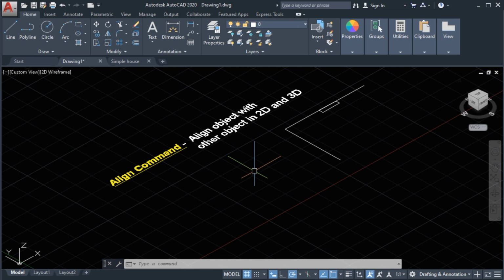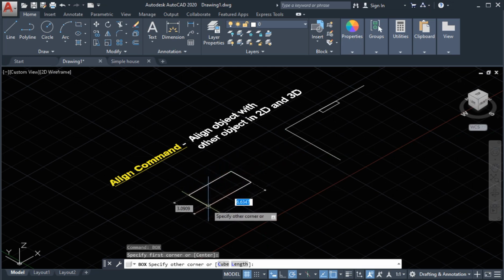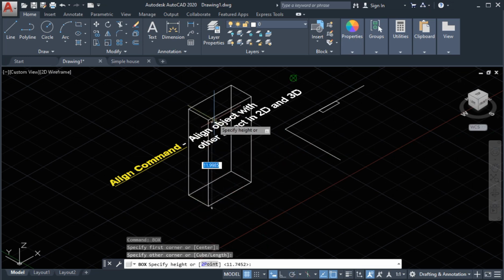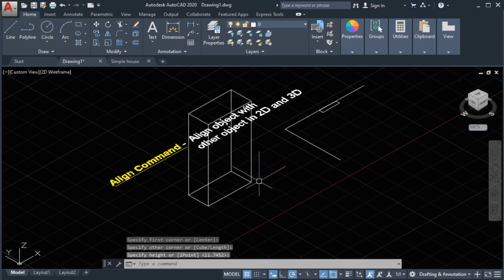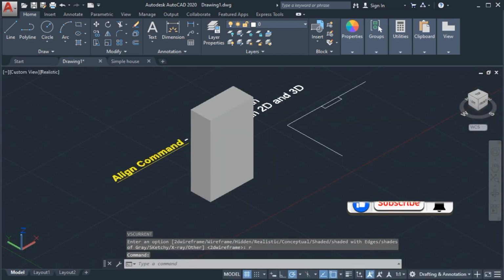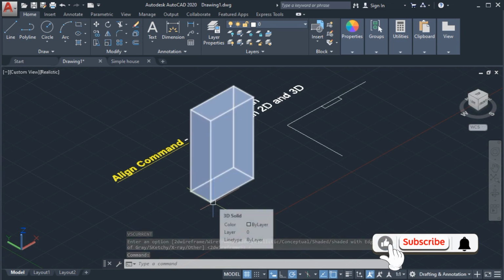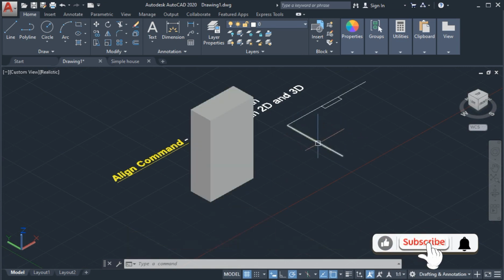So I will just create a box. And let's say this is a refrigerator. We'll change our view to realistic. Okay, so let's say this is a refrigerator and we want to align this to this line.